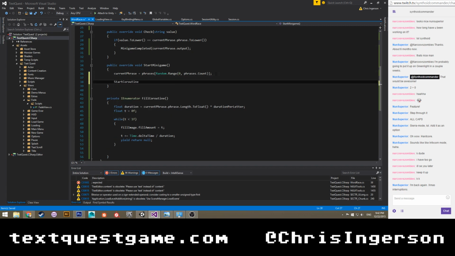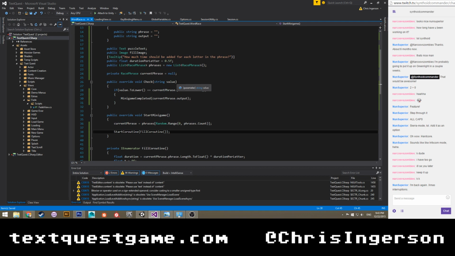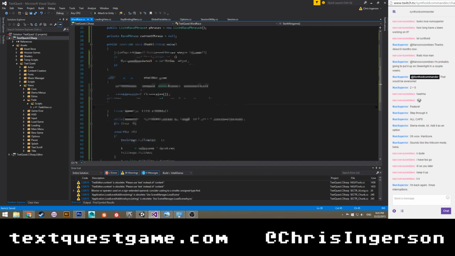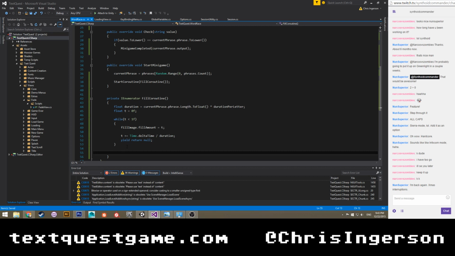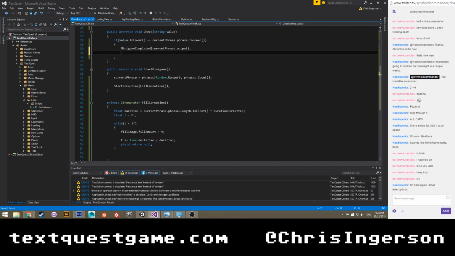Start coroutine, fill coroutine. Okay. And I think this is also going to do a stop all coroutines.